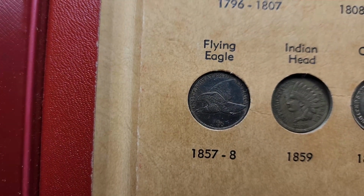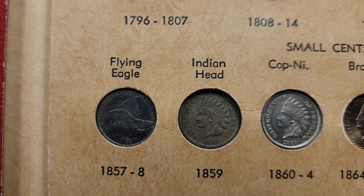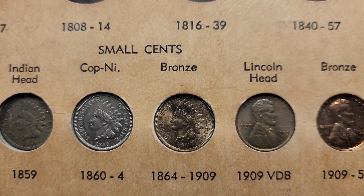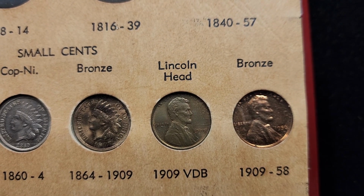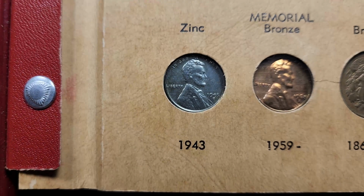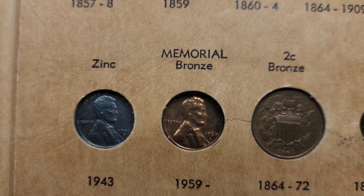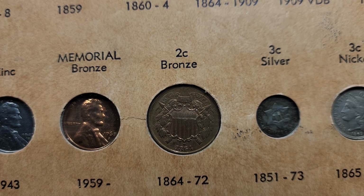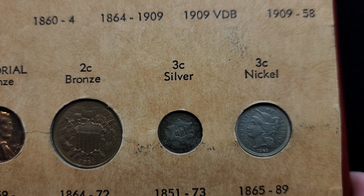A really nice 1857 Flying Eagle cent, 1859 one-year type coin of the Indian cent, an 1860 copper nickel Indian head cent, really nice 1907 Indian head cent, a 1909 VDB Lincoln cent, and a 1956 proof Lincoln. Got a 43S steel, zinc plated steel, 1968 S proof memorial cent, an 1864 large motto bronze 2 cent piece, an 1852 3 cent silver, and the